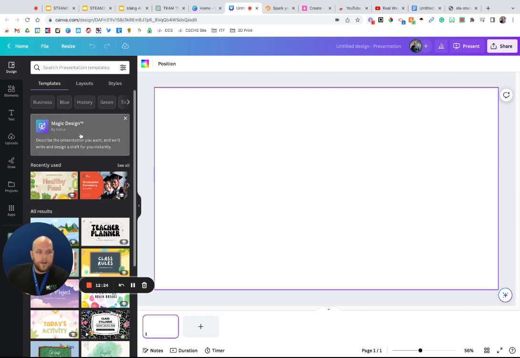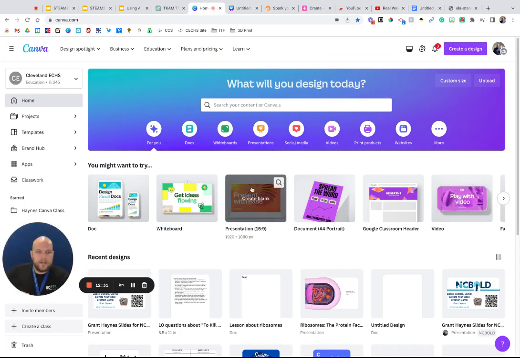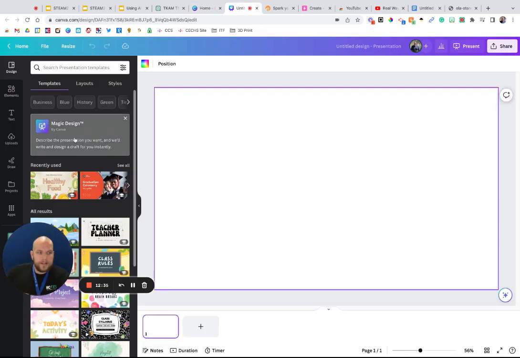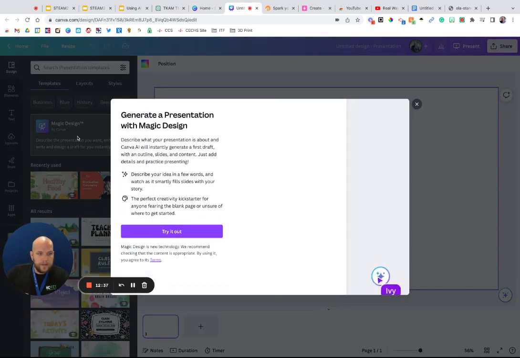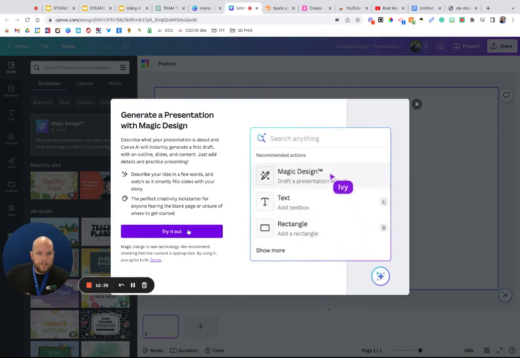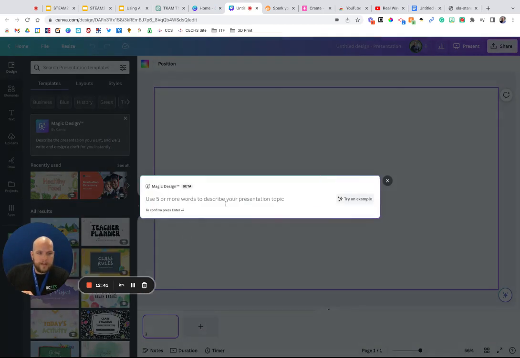So we're going to go here. So if I create a presentation inside of Canva, which I did by just clicking on presentation once I've logged into my main window, you'll get an option over here for Magic Design. So if I click on this, it says give me a brief little write-up about, but I need to use 5 or more words to describe a presentation.